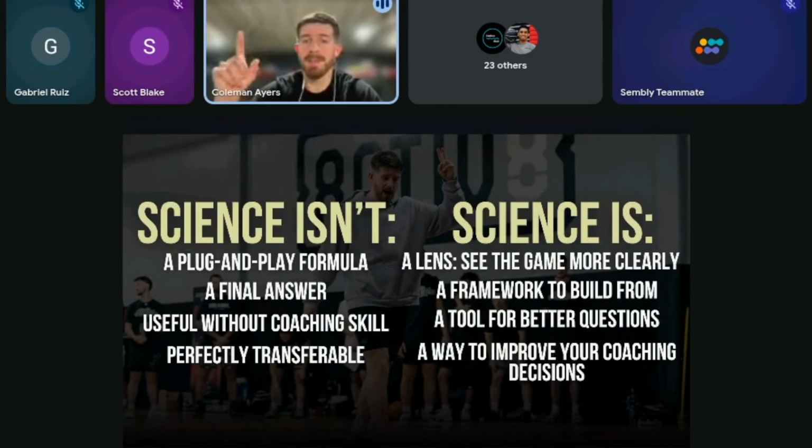You can't say, oh, this scientific study says this, so this is everything that I need to know about, number one, using this method, but number two, player development in general. It's definitely not a final answer because of those things that I mentioned and because there are so many different variables and confounding variables that come into play. It's not useful without coaching skill, right? There's a lot of researchers out there who really know their stuff, but coaching is an art. Communication is an art. Knowing how to adjust the training to meet each athlete and scale back or forward some of these methods is very, very valuable. And it's not perfectly transferable as well. Okay. Which hopefully you guys understand.